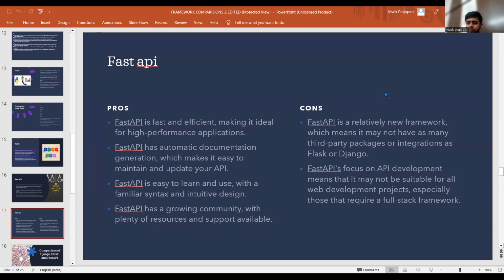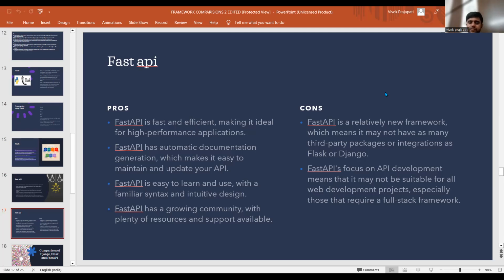FastAPI is relatively new, so not many packages or integrated documentation are given. FastAPI focuses only on API development, which means it may not be suitable for a web development project as a full stack developer. Django is more efficient if you are going into full stack development.